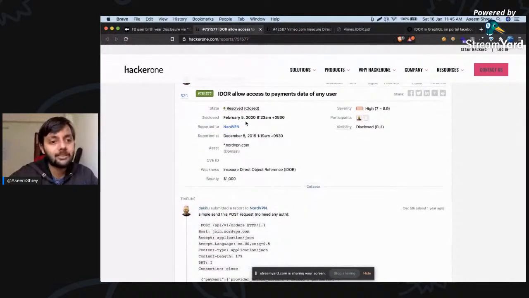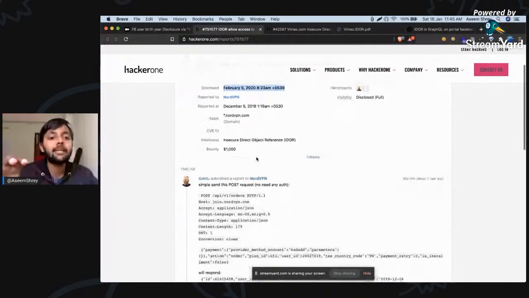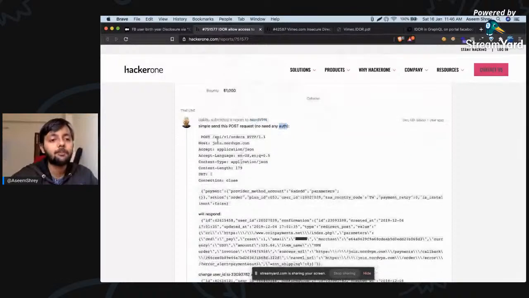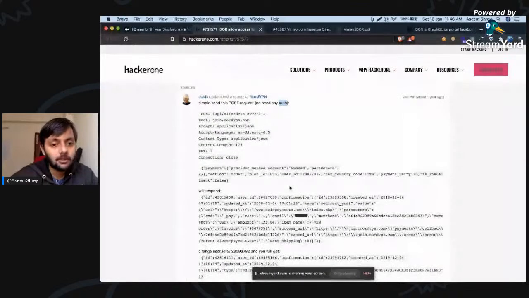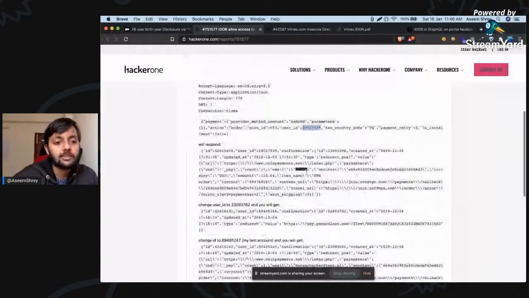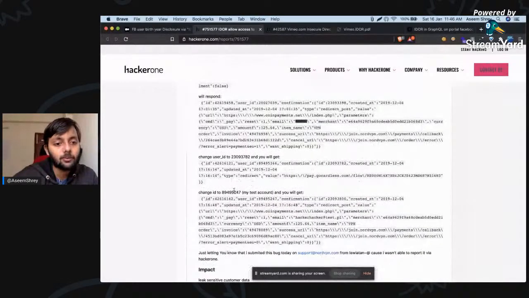This one is NordVPN, closed about a year back, and this is quite interesting because here you didn't have to log into the service. This person mentioned that you just send this POST request and you don't need any authentication. You go to nordvpn.com, and in your Burp you send a POST request to this, and there's this user ID parameter. If you iterate over this, you change the ID to 894, which was his test account. The user ID earlier was